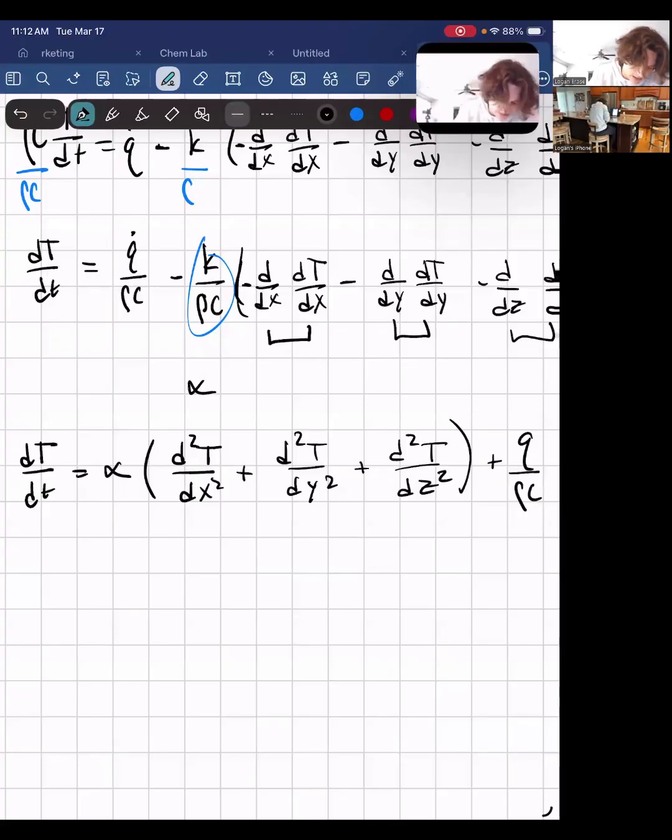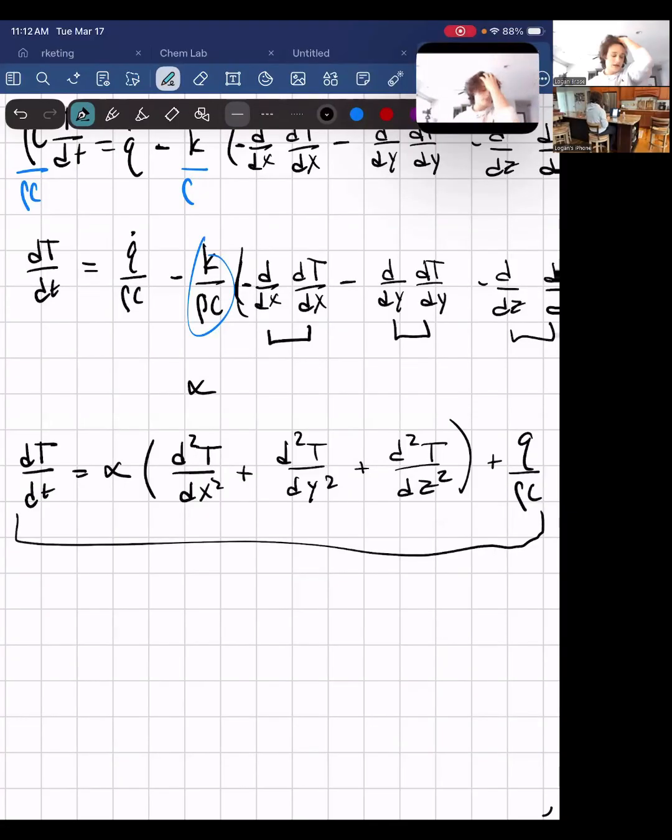And so this dT/dt equation is our final expression where the change in temperature over time equals the thermal diffusivity times the second derivative of temperature in all three directions plus our heat flow over our density times our heat capacity. And so this will be our three-dimensional heat diffusion equation